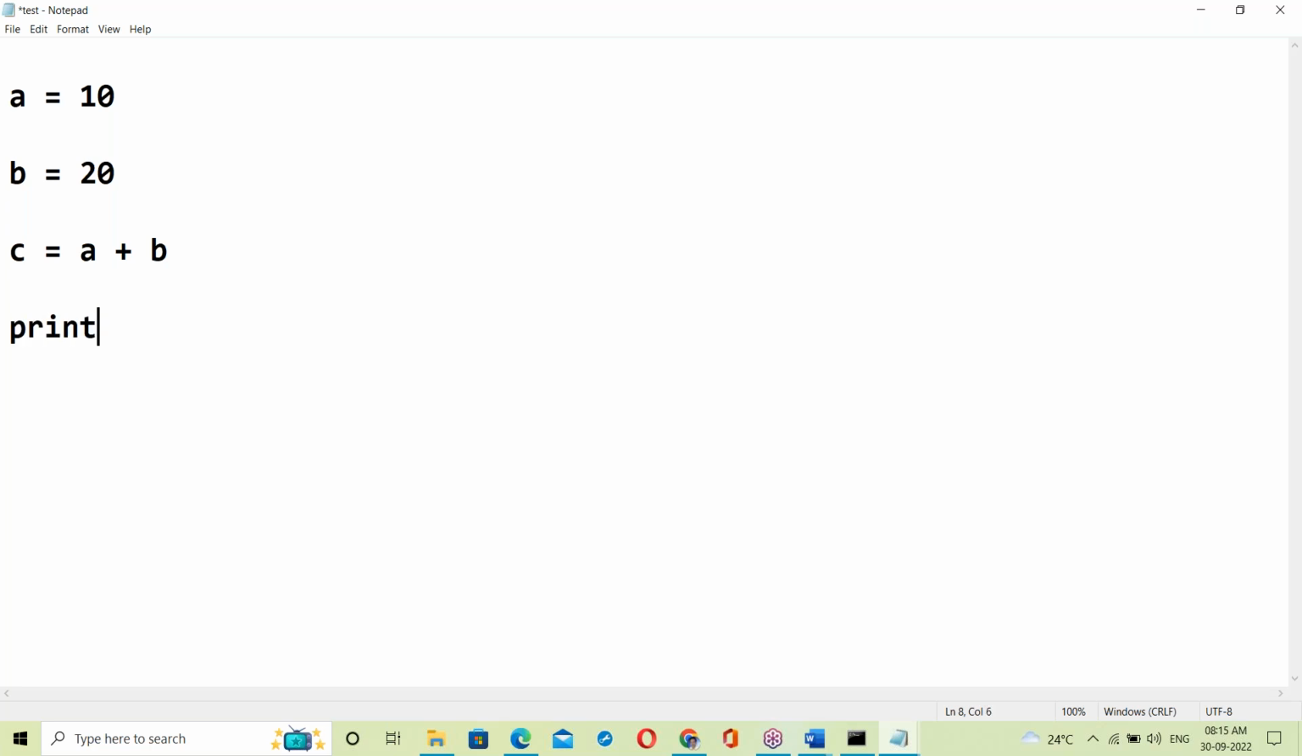Adding two numbers. Print, addition is equal to, displaying the C value. Print addition equal to C value. C equal to A minus B. Print subtraction